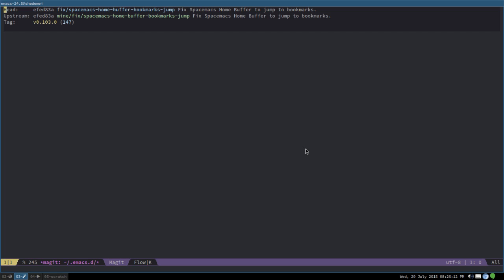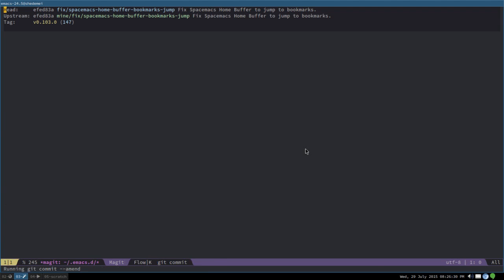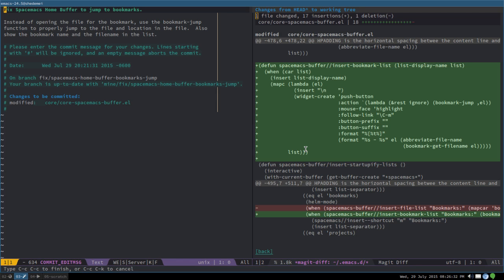Since you haven't yet had anyone else reference this, you can do this. You want to amend your last commit. So commit amend, and do this